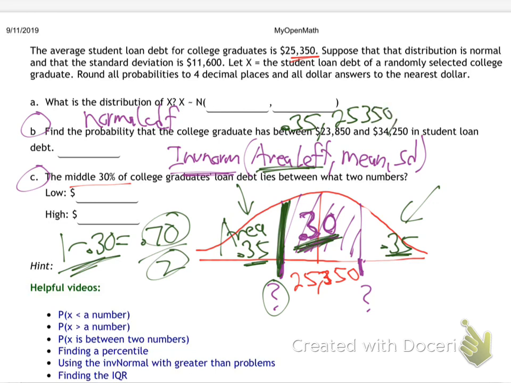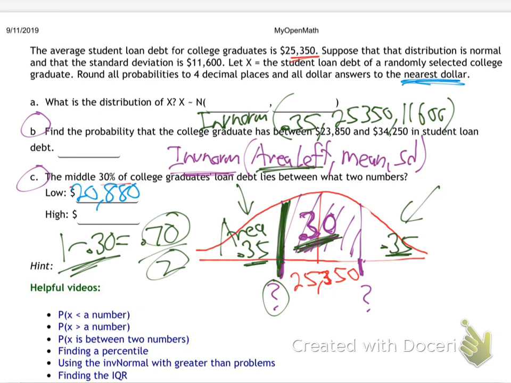And the standard deviation is 11,600. So put that into the calculator. Getting, change the color here, 20,000. What is that? 880. Yeah, 20,880, and they want it to the nearest penny or just dollar? It's dollar, I think. Yeah, nearest dollar. So 20,880. Boom. So that means this spot here